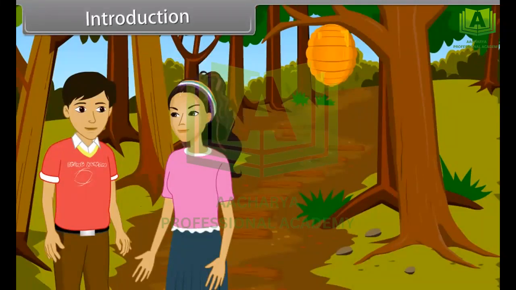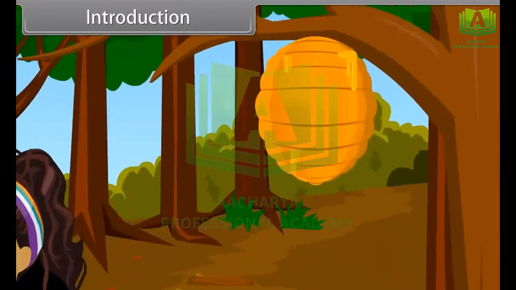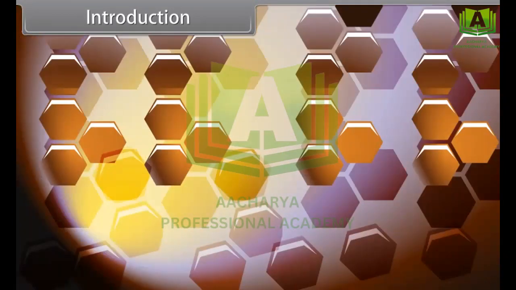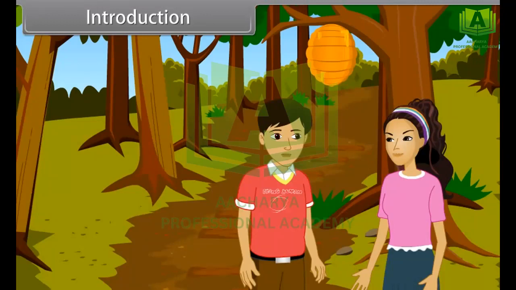Introduction. See those holes on the honeycomb? Yeah, how beautifully the bees make honeycomb. Have you noticed the holes in that? They're in a pattern. Hey, yes, they form a pattern. In nature we can find so many things with patterns. Things like,